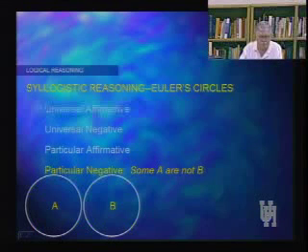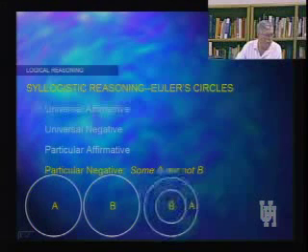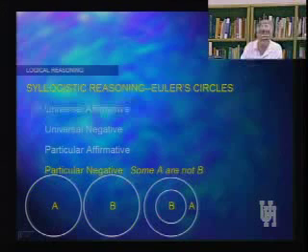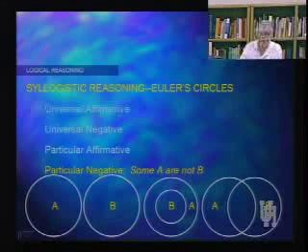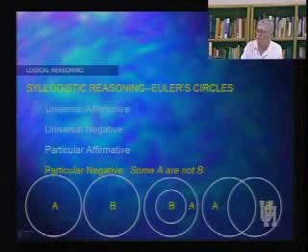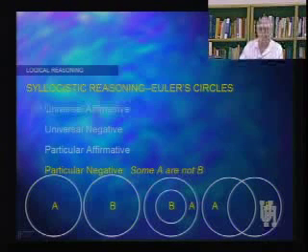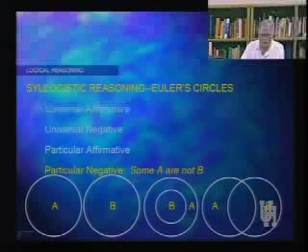So in the particular negative, we could say some cougars are not women. And here there are actually three possible interpretations. This one is one. There's a second one that looks like this. Again, some A are not B, as diagrammed in the center diagram. And again, you can see why we use that. And the final one then is this one, from what we described earlier. This is a direct extension of what we were looking at a minute ago. And in this case, again, some A are not B, in the situation that we see on the right side there. Okay? So in this circumstance, the statement can be reversed.